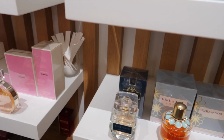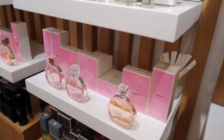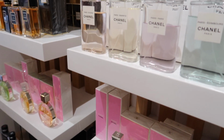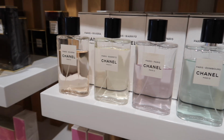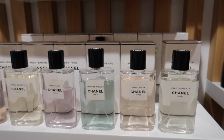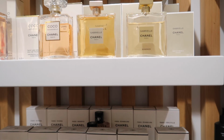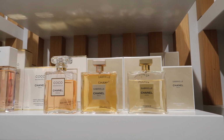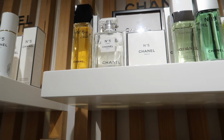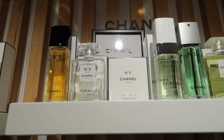And now we're panning down to Elisabeth. You guys know how much I love Elisabeth. For the price point as well, you can really get some monstrously performing fragrances out of this house. Chanel, you have the signature line here. So if you are into Chanel or any of their signature line, then I would recommend that you take a